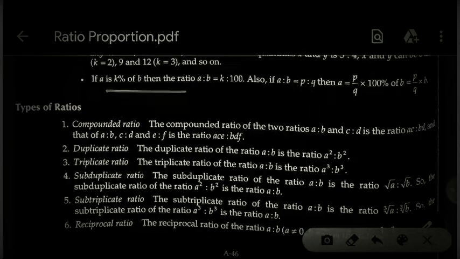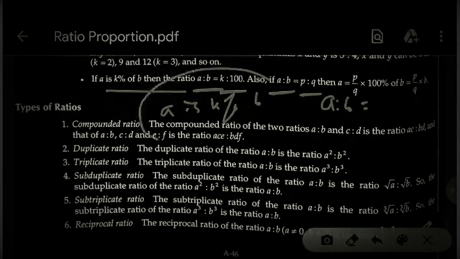If a is k% of b, the ratio of a to b equals k to 100. So if a is to b equals p is to q, then a equals p by q into 100% of b, that is p by q into b. Okay, so the ratio of a to b is given to you. If the ratio a is to b is given, and a is k% of b is given to you,